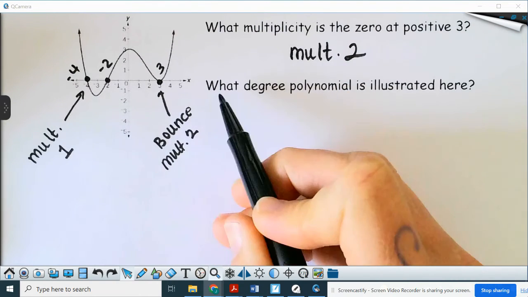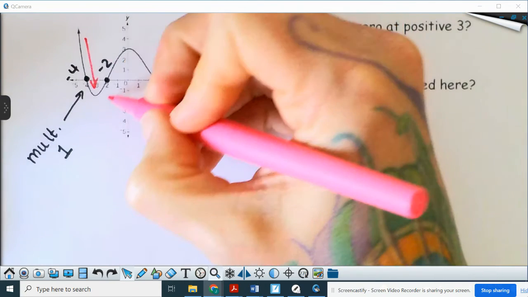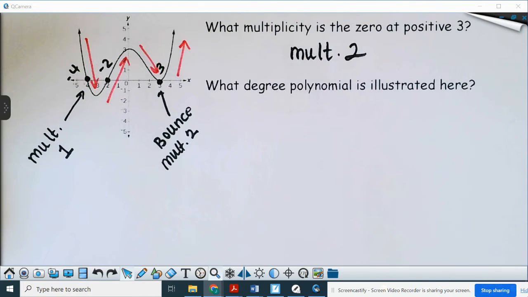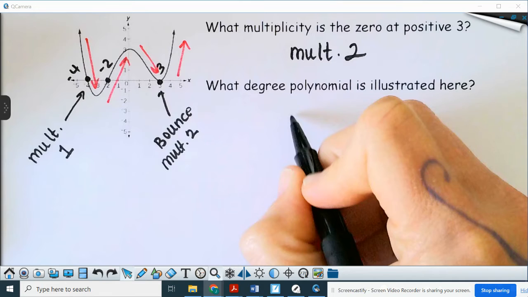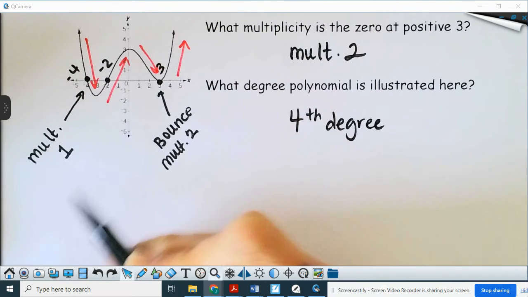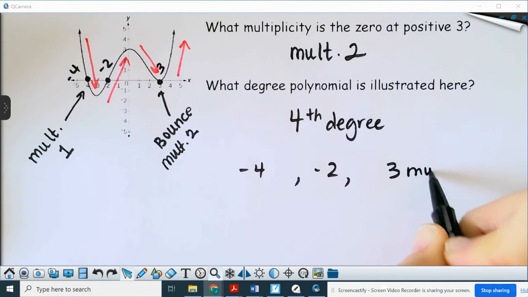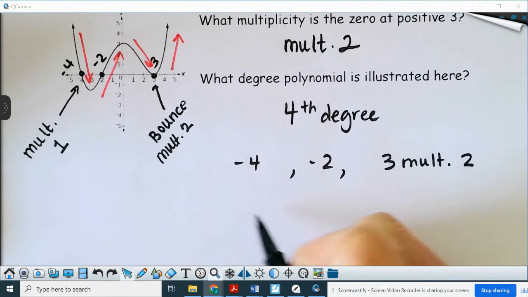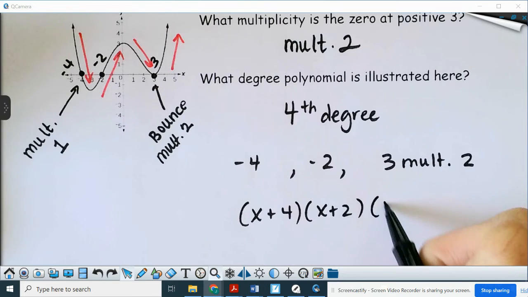So what degree polynomial is illustrated here? We see that it's decreasing, increasing, decreasing, increasing. That's 4 directional changes with 3 curves or 3 turn points. So it is going to be a 4th degree polynomial. Also, you would know that by that negative 4, negative 2, and 3 with multiplicity of 2, because that's 4 roots or 4 zeros, and that's x plus 4, x plus 2, and then x minus 3, and it can be